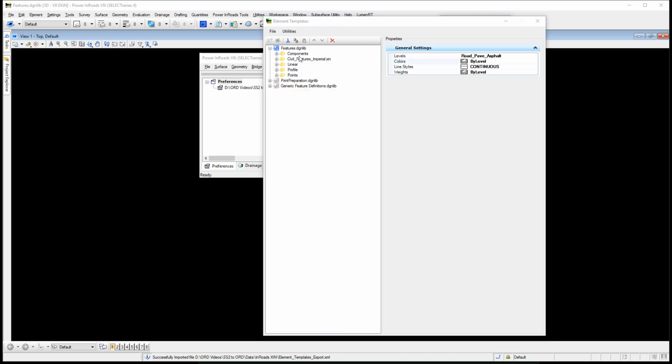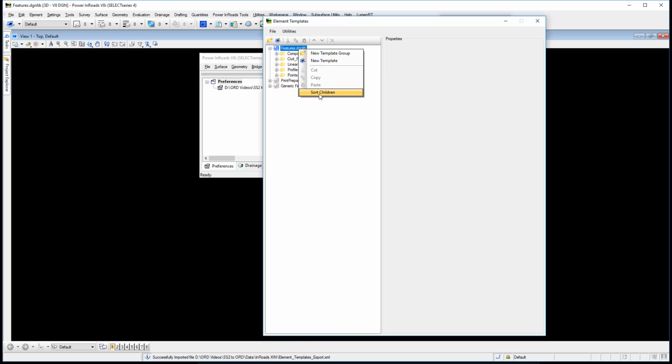So now let's go ahead and sort our folder names here. This particular Civil Features Imperial XIN file was the original information coming out of the XIN, which is untouched. And you might want to leave that there for a while, but essentially what we did is made a components, a linear, a points, and a profile where we took out the information that we needed,